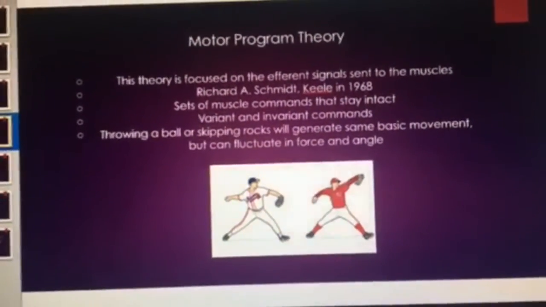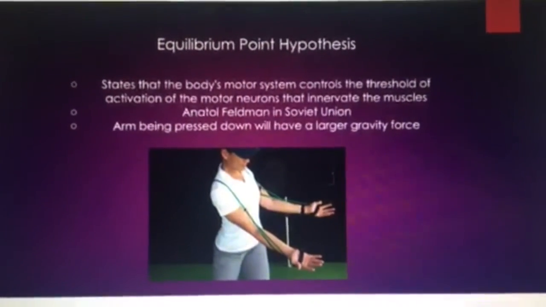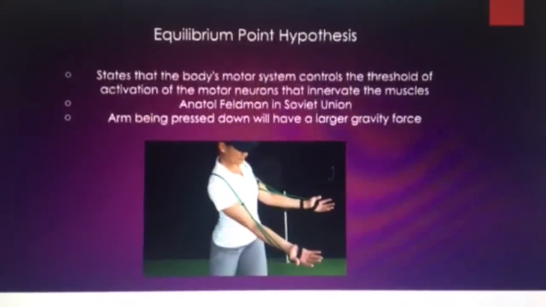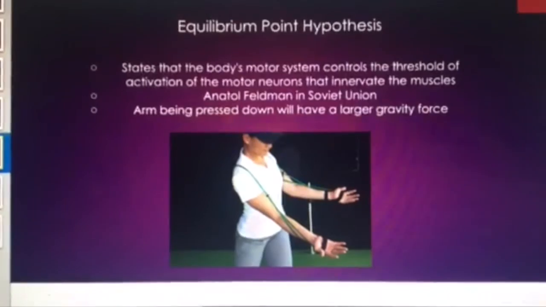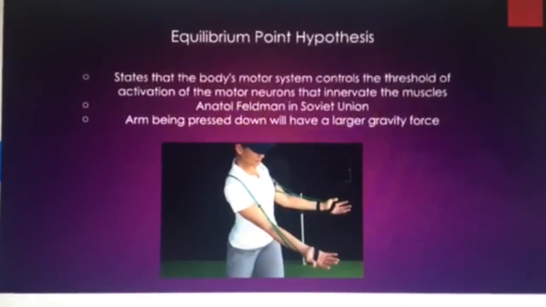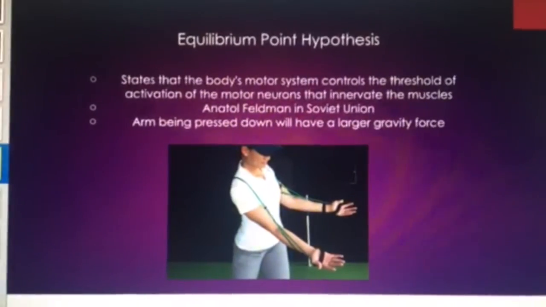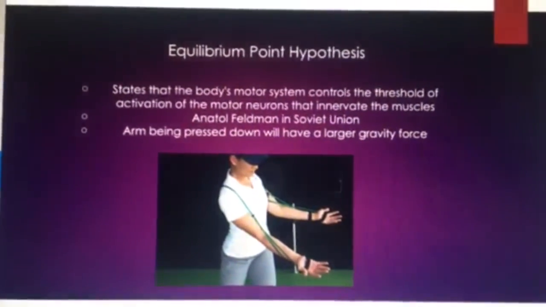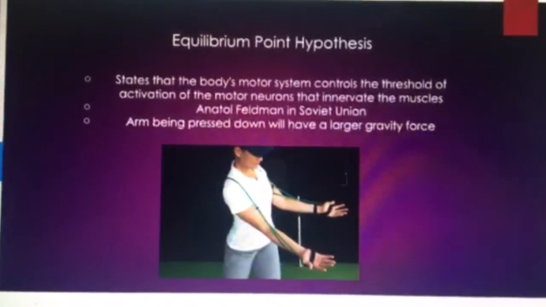The next theory is actually the equilibrium point hypothesis. The equilibrium point hypothesis was developed by Anatol Feldman in what is known as the Soviet Union. This hypothesis states that the body's motor system is not always programming the new levels of force needed to create movement, but that the body's motor system actually controls the threshold of activation of the motor neurons that innervate the